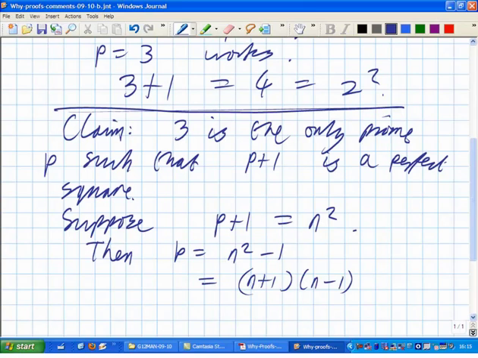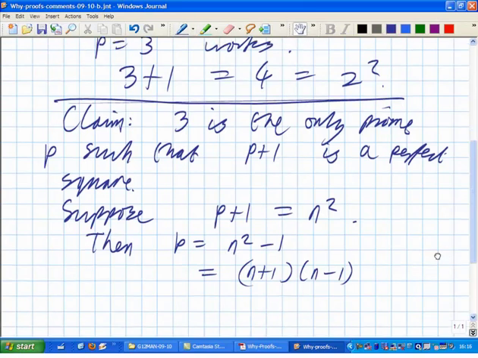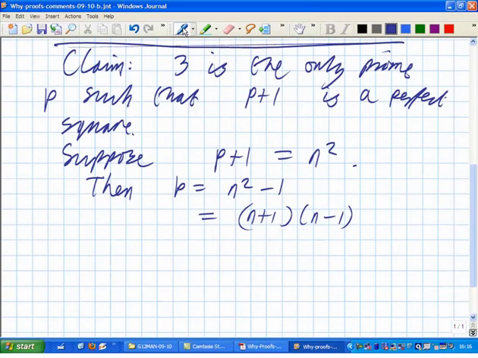So you're saying one of those factors must be 1, and I just add the little rider, maybe one of those factors could be minus 1, and the other one minus p, though that's quite unlikely. You could eliminate that quite quickly. But certainly only a very few possible cases. So, since p is prime, at least one of these factors must be plus or minus 1.